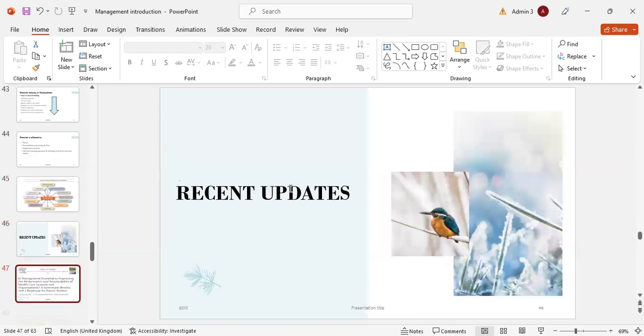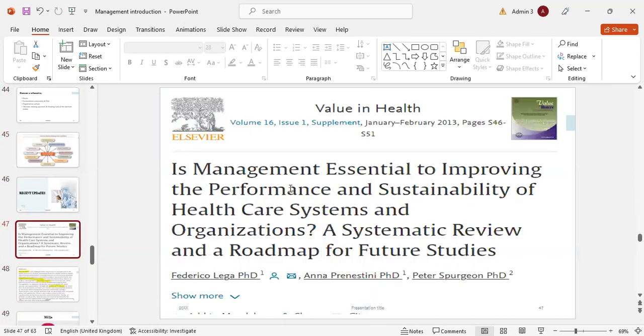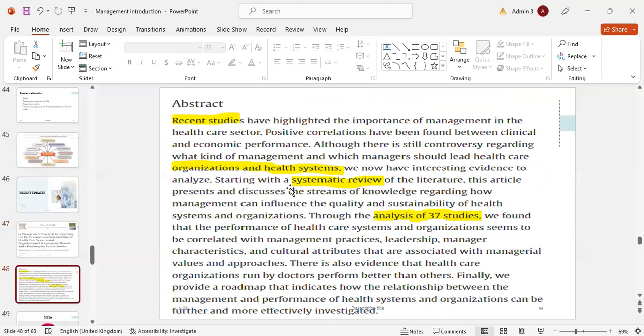Now coming to the recent updates. Here is the article, is management essential to improving the performance and sustainability of healthcare system and organization, a systematic review and roadmap for future studies. Recent studies have highlighted the importance of management in the healthcare sector. Positive correlations have been found between clinical and economic performance, although there are still controversy regarding what kind of management and which manager should lead healthcare organization and health system. This systematic review